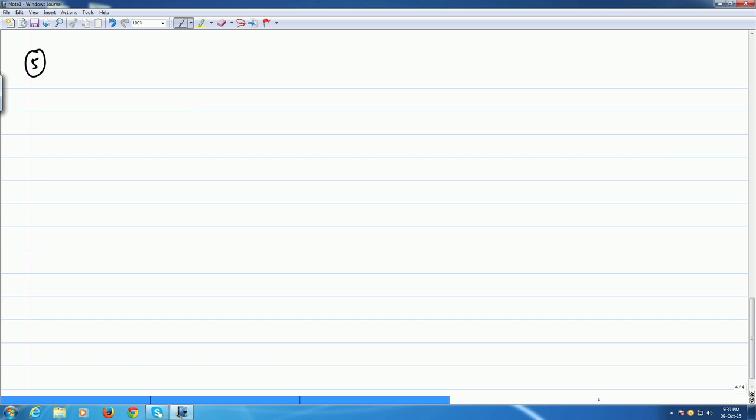So, here you are given, let me just make sure I get the question right. The fifth one asks you to find a Fourier transform. Okay. So, the Fourier transform is given to you, capital F of j omega is given to be 2 pi